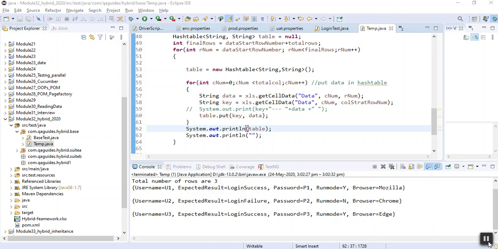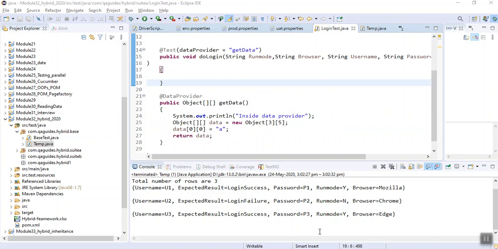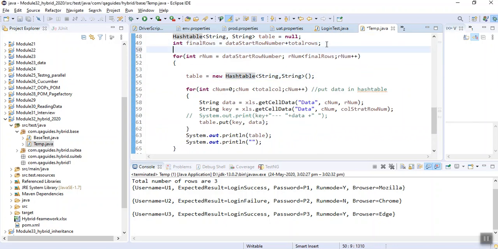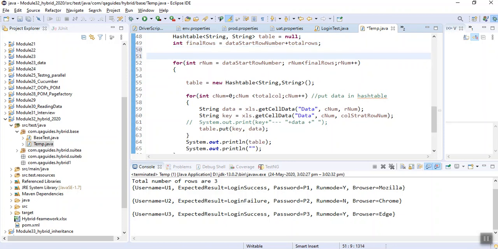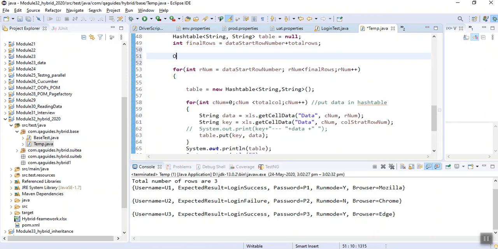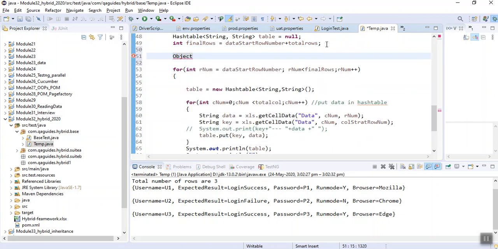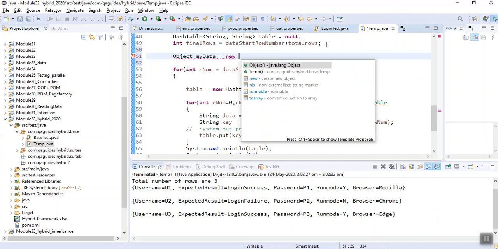Now I need to put this hash table in my 2D array. So I will create an object array: Object my data is equal to new Object.